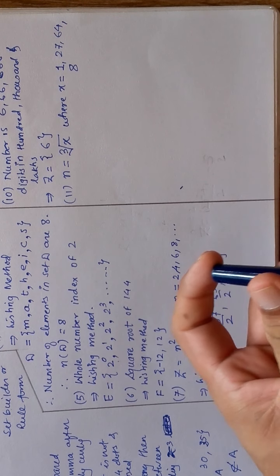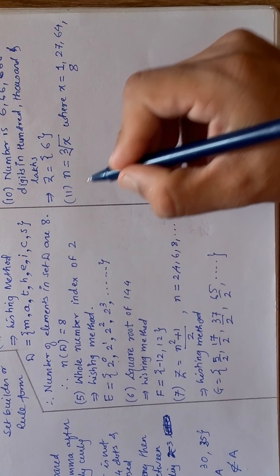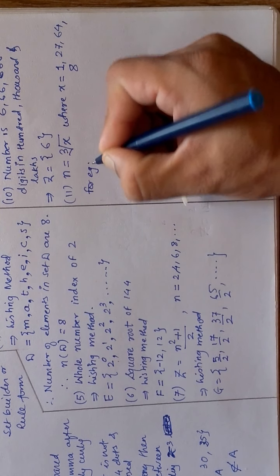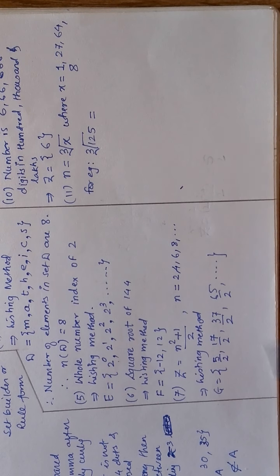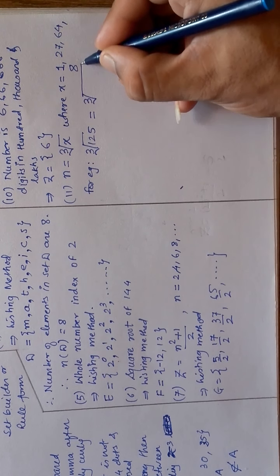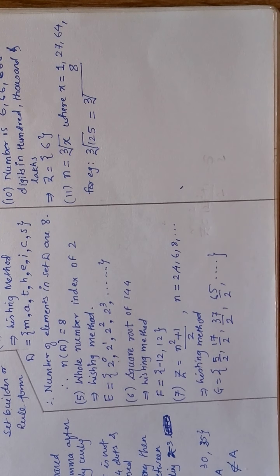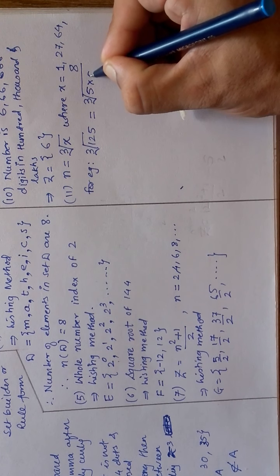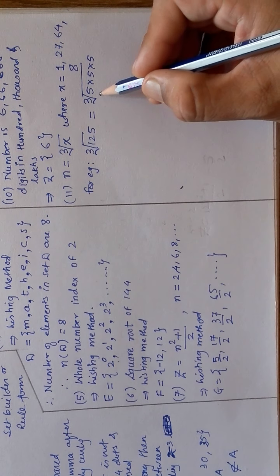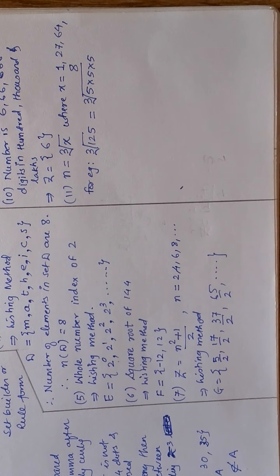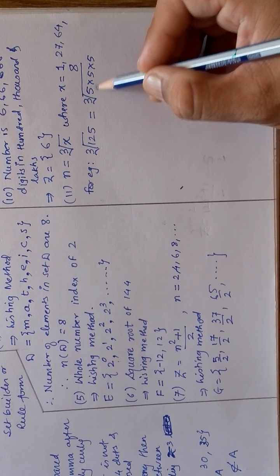So what I am doing, for example, I am taking here cube root of 125. So 125, I am factorizing with all possible prime factors. So I will get it as 5 into 5 into 5. Agreed? Got it? No problem? So cube root means these numbers, how many times they are coming, that I will check. Same numbers, they are coming 3 times.